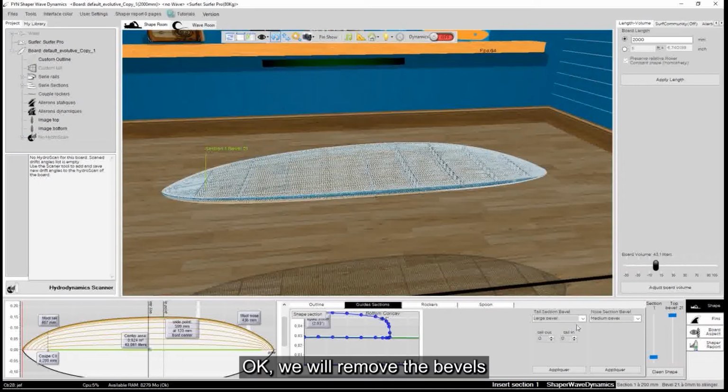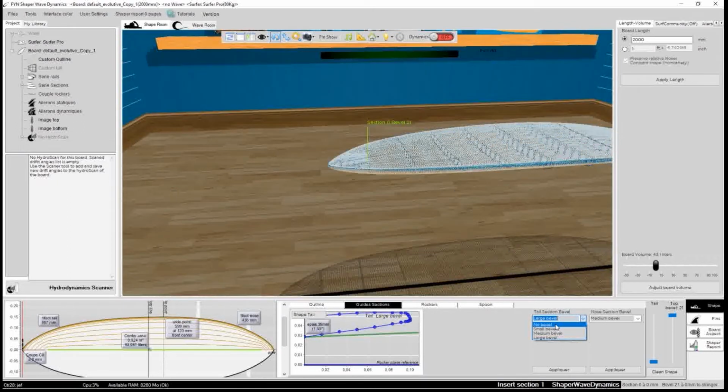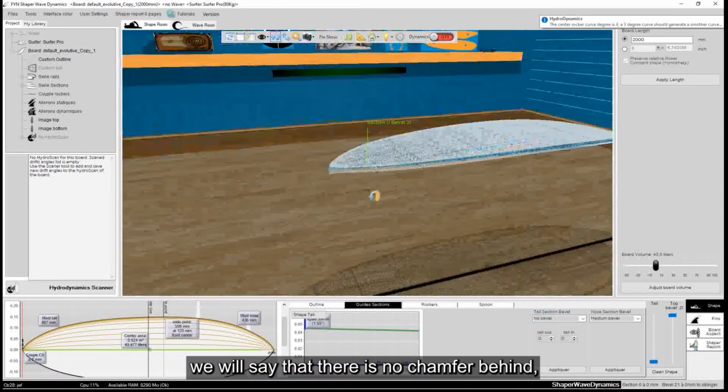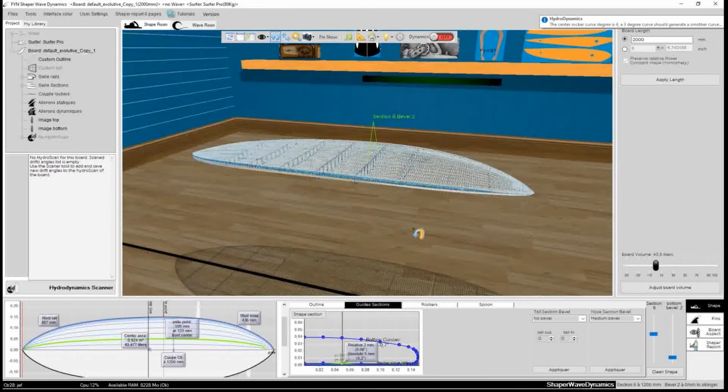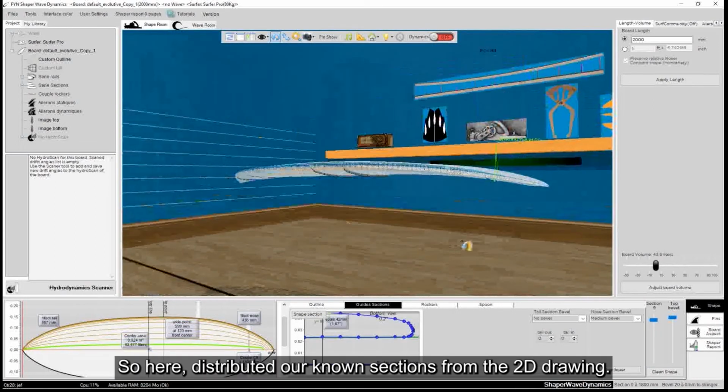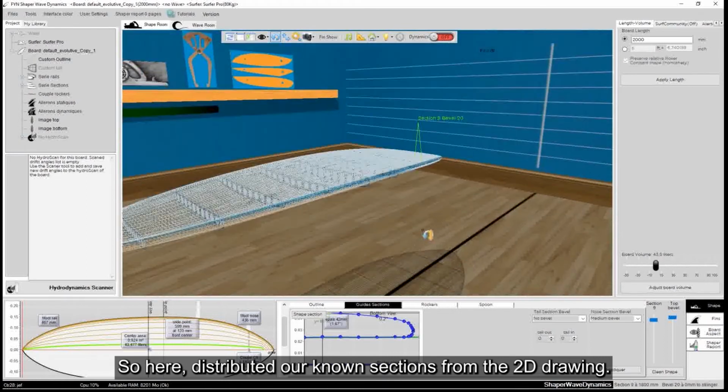Okay, we will remove the bevels from the rear. We will say that there is no chamfer behind. And there you go, so here the known sections from the 2D drawing are distributed.